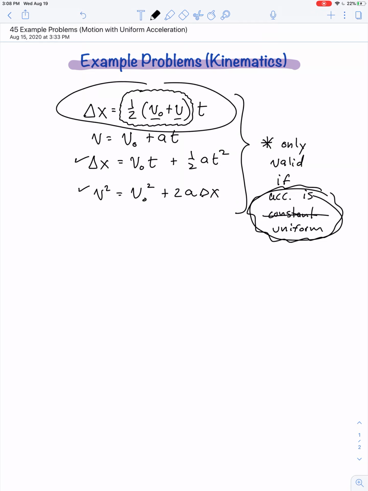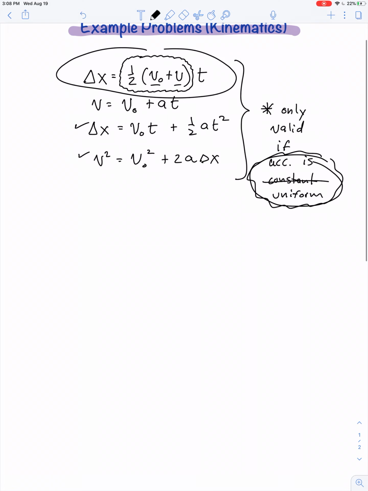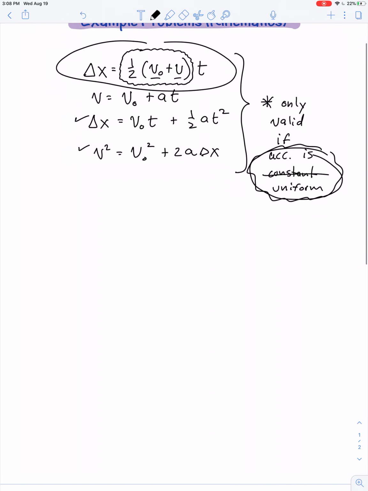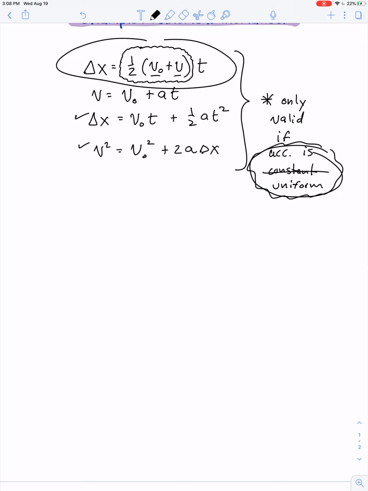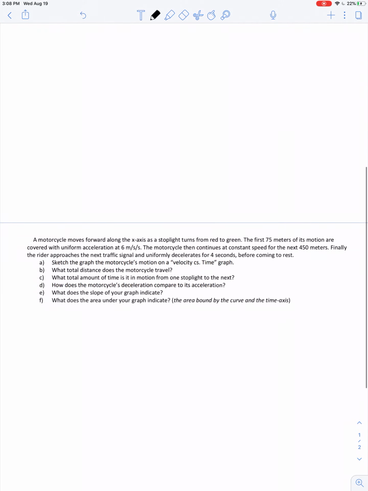Okay, so some of the tips. Spend more time setting up the problem than solving the problem. Show all the steps of your algebra. Make lists of what's known and unknown. Convert your units correctly, so on and so forth. Let's see if we can apply the problem-solving approach